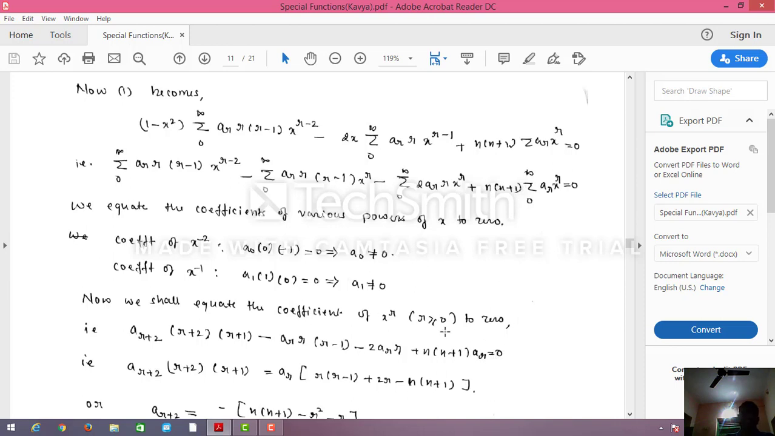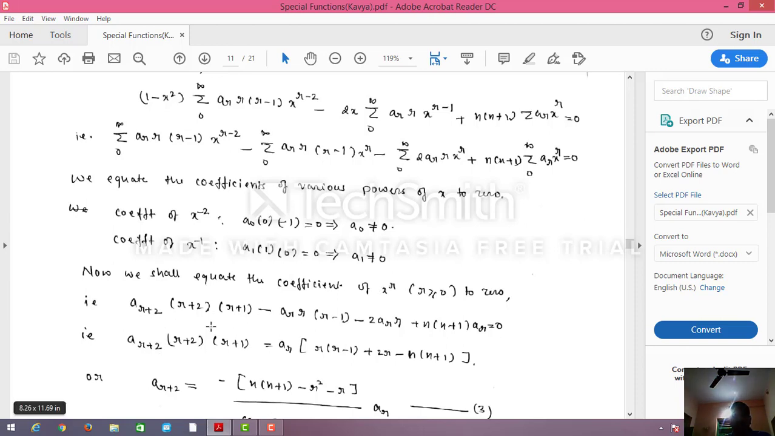I have just equated the x power r coefficient. Only in the first term, x power r minus 2 is there. To equate the x power r term, what you have done is replace r by r plus 2. In the remaining terms, x power r is already there. Now,